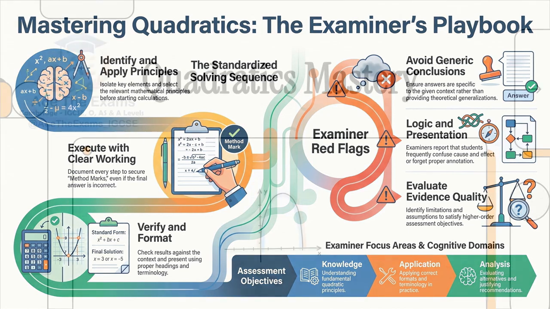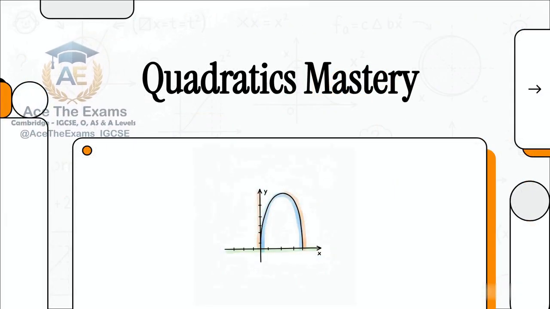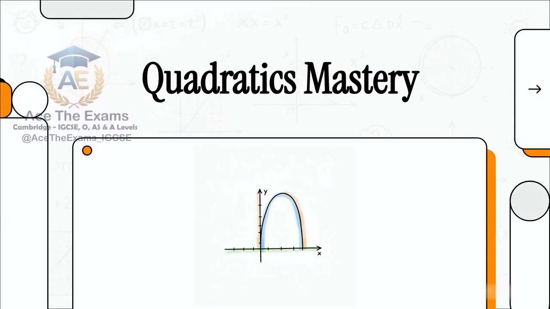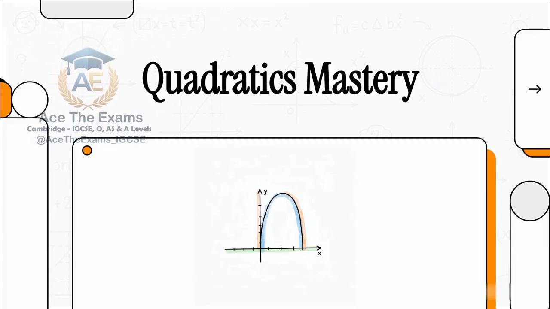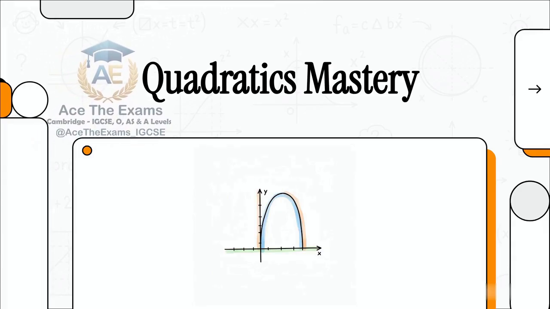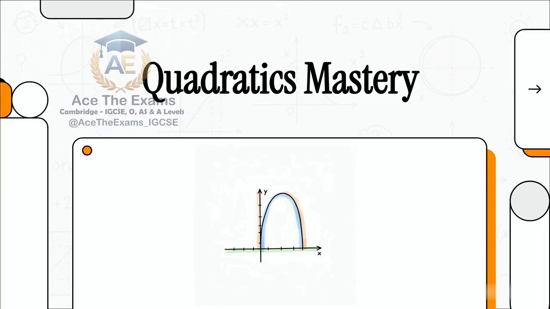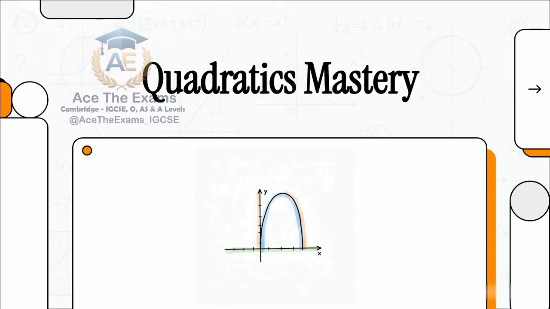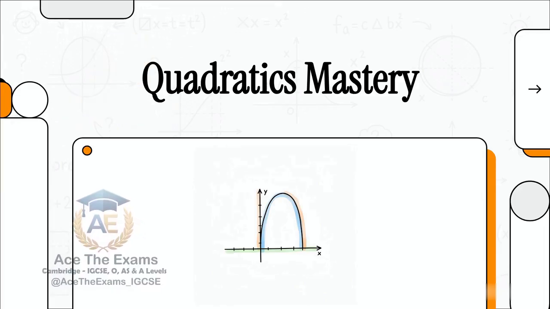I'm your host, your lead strategist, and today we are going to do a complete teardown of one of the most critical areas in your exams. If you're studying for the Cambridge AS and A-Level Mathematics 9709 syllabus, or frankly, if you're tackling any of the major Cambridge math papers like the 0580, 0606, 4024, 4037, or 4040, you're exactly where you need to be. Today, we are opening up the examiner's playbook and taking a deep, surgical dive into quadratics, specifically solving quadratic equations